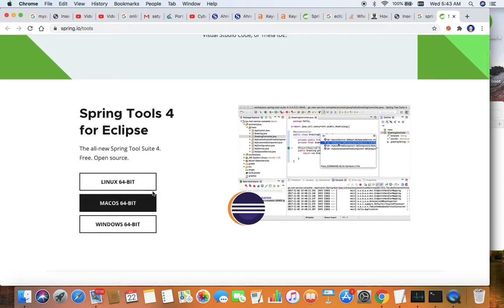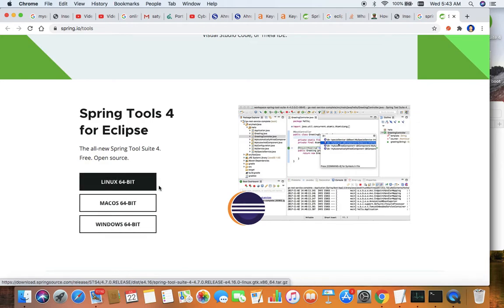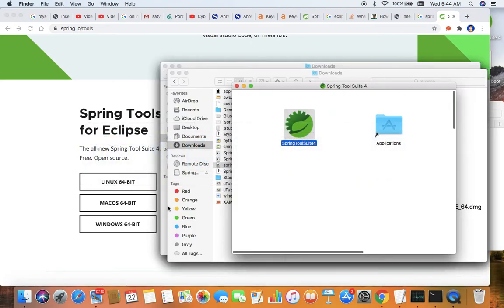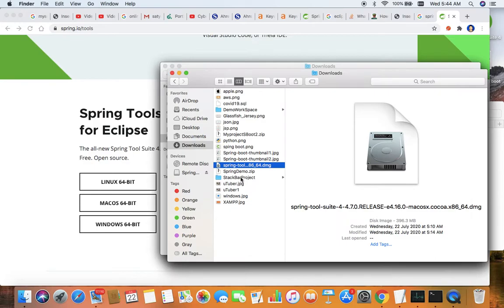Here, based upon your operating system, you can download the required package, whether you are using Mac, Windows or Linux. I have already downloaded it. It is there in my download folder. Here this DMG package for Mac I have downloaded.